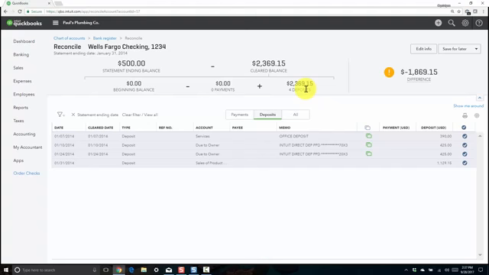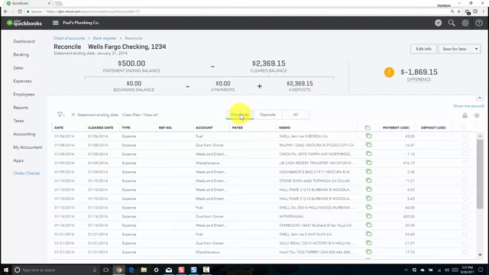And if that matches what's on your bank statement, then you are ready to move on to payments. If it does not match, then we are going to cover tips on how to troubleshoot out of balances in just a few minutes. So we'll go ahead and go to the Payments tab, and we will repeat the same